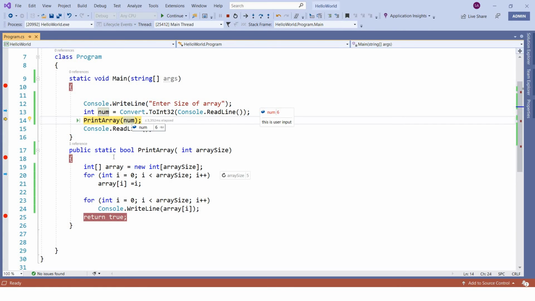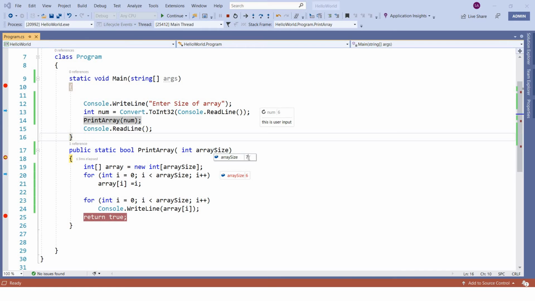If you want to verify its value, you can see now its value is 6. Now let's say I am going inside. I pressed F11, I am inside this function. You can see the value that we passed now is 6, so you can verify that from here. Mouse over it and you will see the value is 6 here. So this is a way through which you can change any value. Even though there is no way the user can input those, you can still just mouse over it and change this value. If you want to change that value here as well, you can do so.